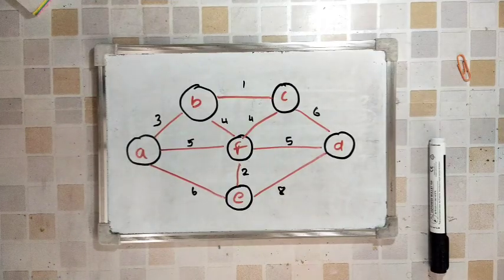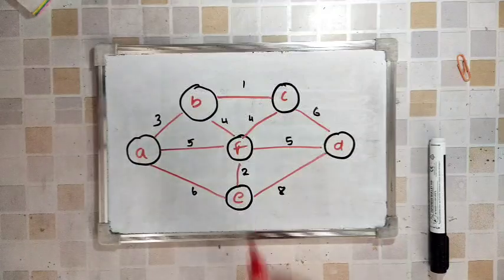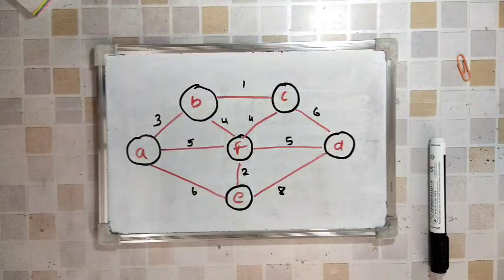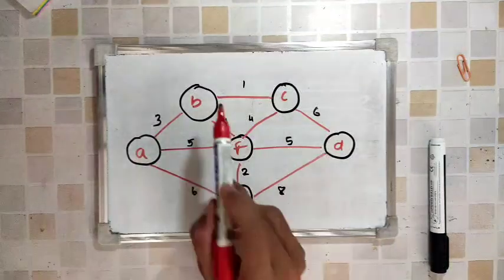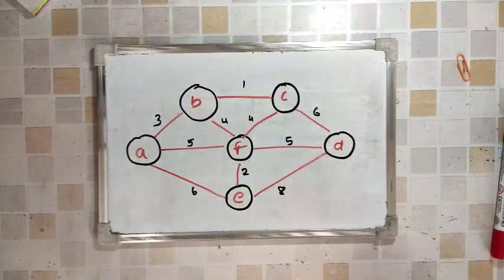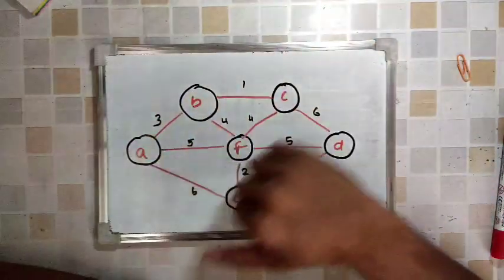So let us solve Kruskal's algorithm now. On the screen you can see the given graph. It is an undirected graph, not a directed graph, and it has many cycles, and it has a cost on each edge. So these are the edges. Now, what Kruskal's algorithm does is, first it will note down all the edges